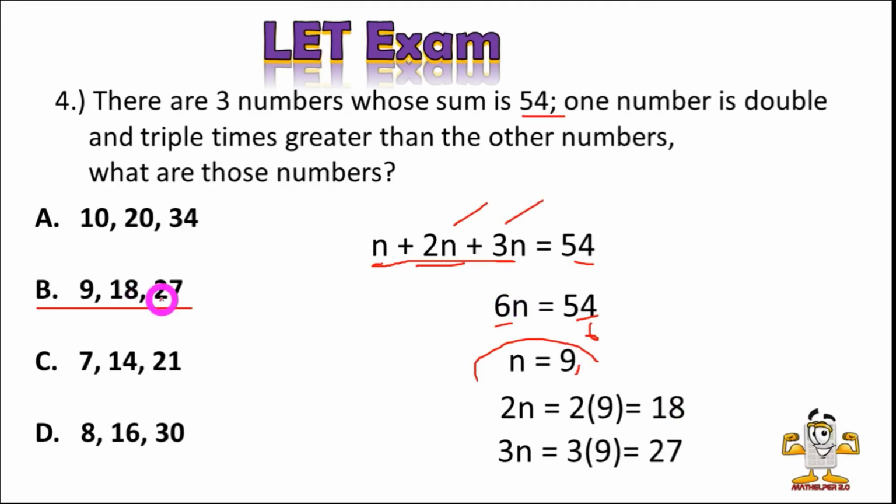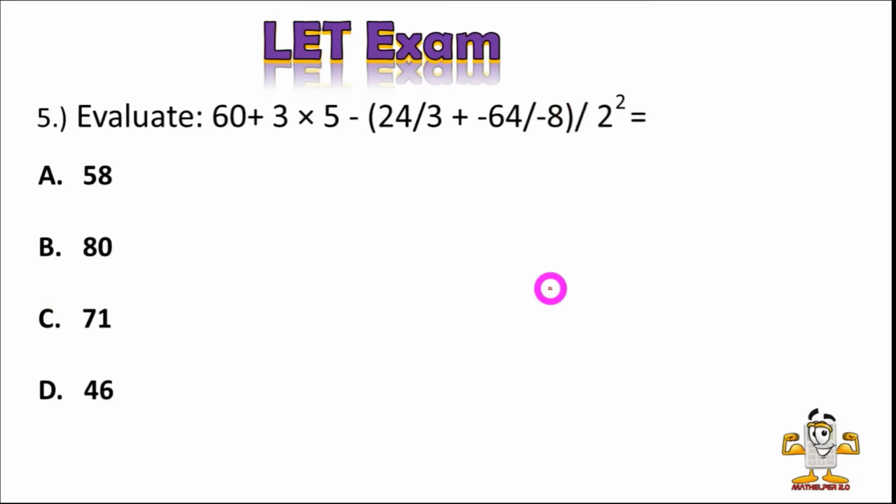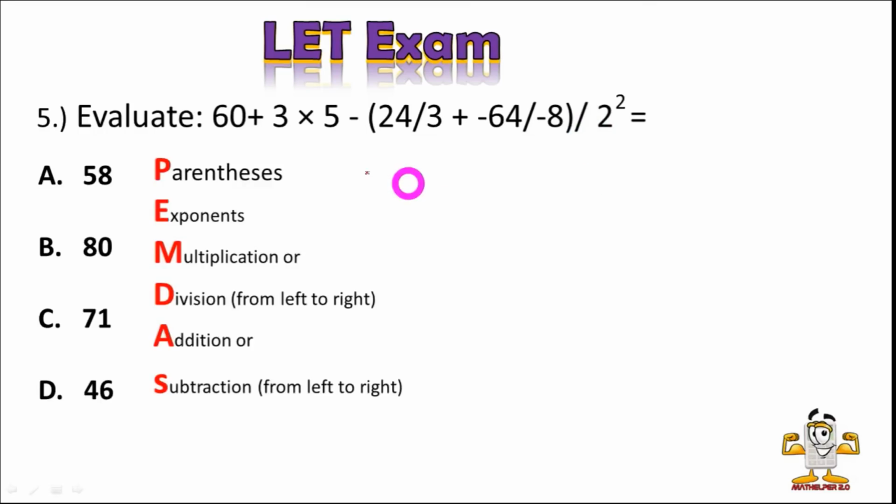So, 9, 18, 27. Number 5. Evaluate 60 plus 3 times 5 minus quantity 24 divided by 3 plus negative 64 divided by negative 8 divided by 2 squared. So, the first thing to do is